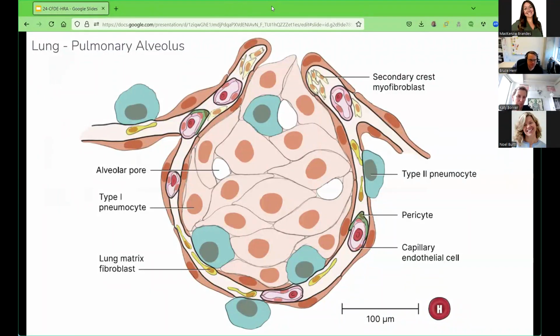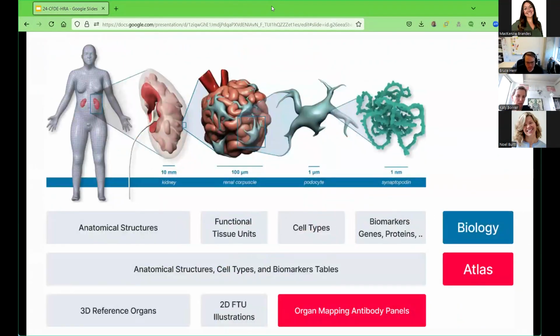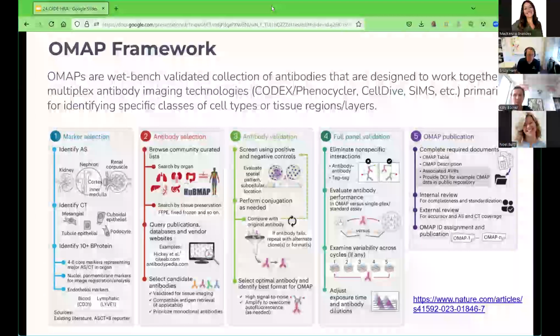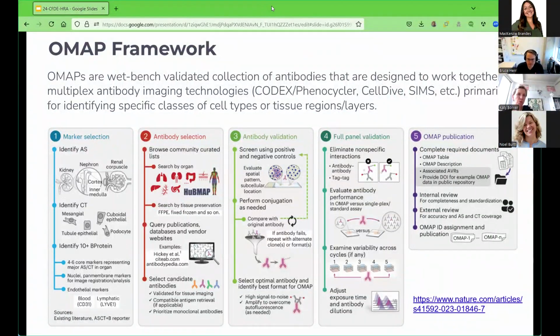On the next slide, we are now going to move into organ mapping antibody panels. So again, those are used for Codex or CellDive or other spatially explicit approaches that use validated antibodies, and it takes a lot of time and money to arrive at panels that really work. And so there is an entire HuBMAP framework and a Nature paper that maybe Andy can put into the chat,